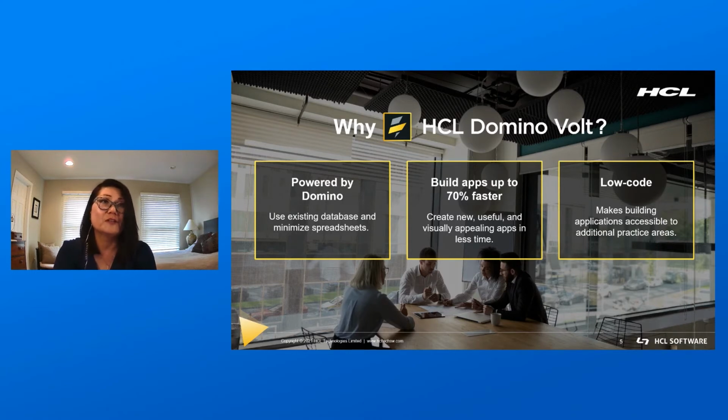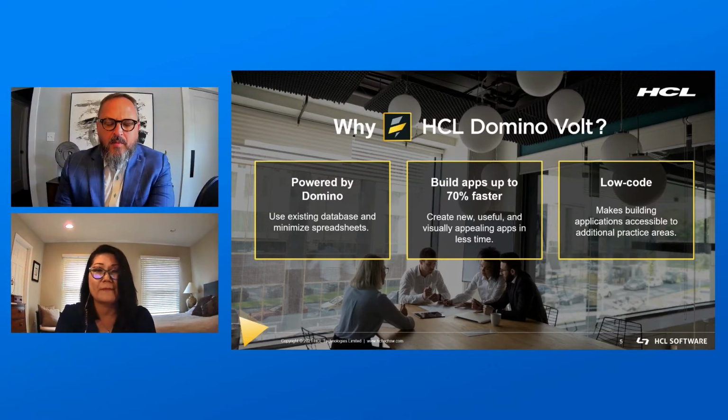So we are looking to Domino Volt to help us build out a solution for all of our litigation group, so that when they work from case to case, they don't have to rely on a specific software. They can just up and go, because it's going to have a familiarity that they have once we build this out. Absolutely. So I think that powered by Domino, as you see on the screen here, is key,